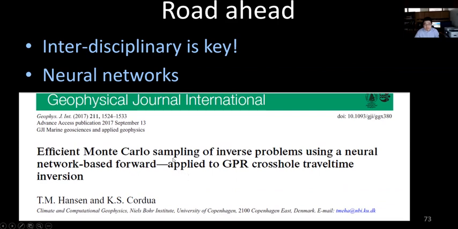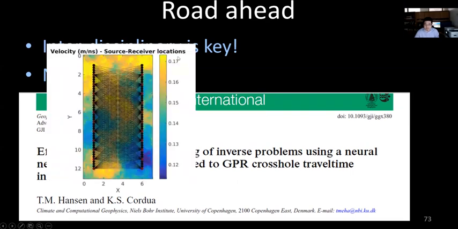But the problem is that for 2D problems, the Monte Carlo method is not really applicable because of the computational cost involved in forward modeling. If you want to apply Monte Carlo MCMC sampling, you need to do a lot of forward modeling, and some of them are very computationally expensive. In this case, they consider cross-hole ground penetrating radar, or GPR. The forward modeling of the first travel times is computationally expensive,